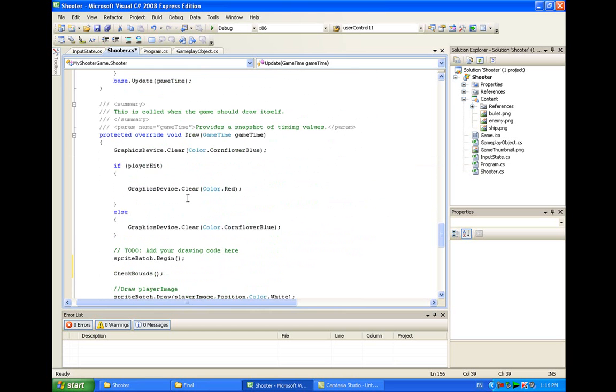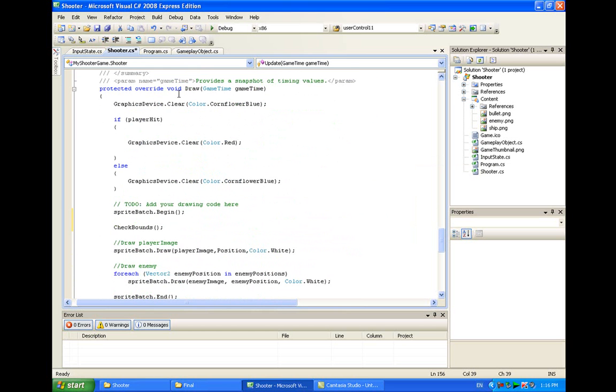And then inside this draw method, I am using another if condition here. If the player hit value, which is the bool variable value, is true, then the screen color I am setting as